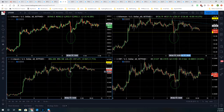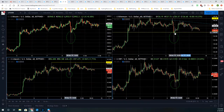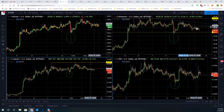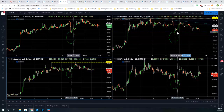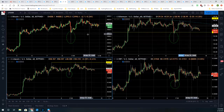So I really want to watch to see how Bitcoin and all of these act off of these candle body low levels. You can see, look at that. Remember I'd said earlier, it looks like Ethereum sort of leading the charge here. So you can see Ethereum is sort of starting to dump a little bit here, and it's coming into that candle body level. So what we really want to see is, how does the market act when it comes into